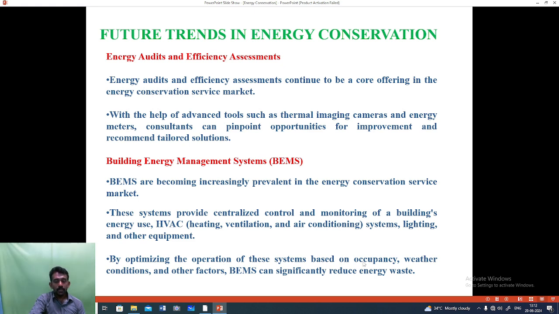For example, if any consumption equipment is turned on without occupancy, the building energy management system automatically senses it and switches it off by means of IoT technology. In another case, if the weather suddenly changes from summer to raining, there is less need for HVAC systems. Similarly, these systems reduce the energy that is being wasted.